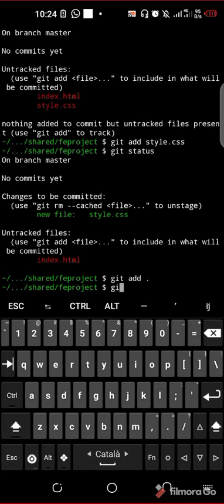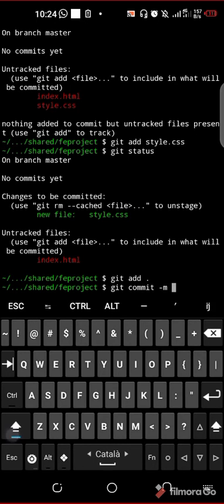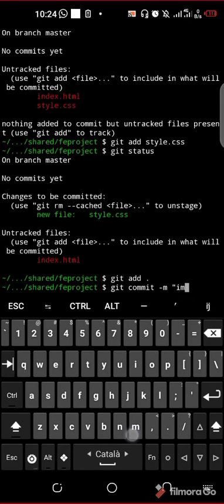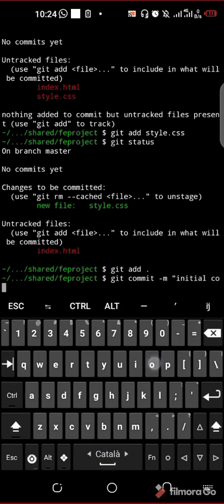But Git has not actually saved these changes, these new files we created. In order to make them permanent, we need to commit them. So we use git commit, and we leave a commit message to show what we have done and what we changed. A short commit message should be brief, something you could remember. This is our first commit, we didn't really do anything big. So git commit -m initial